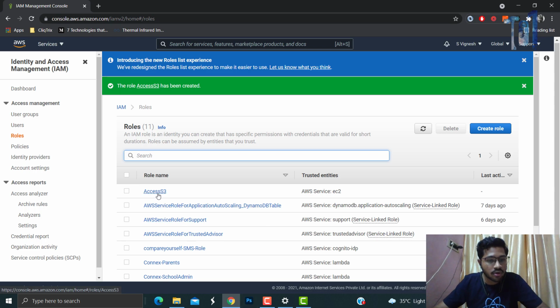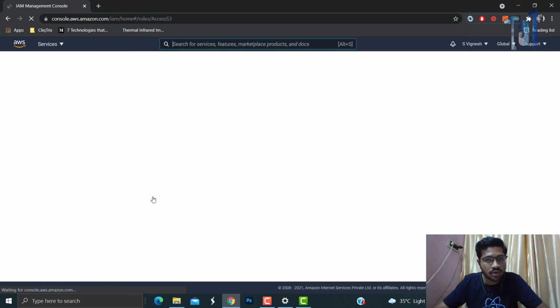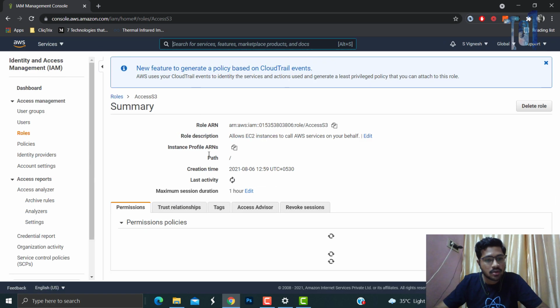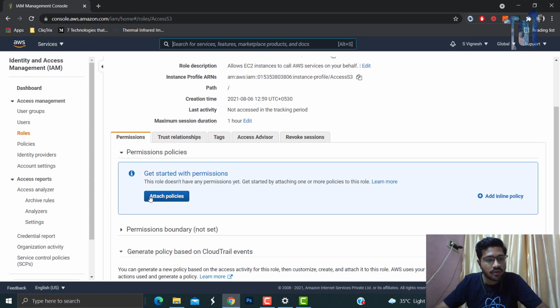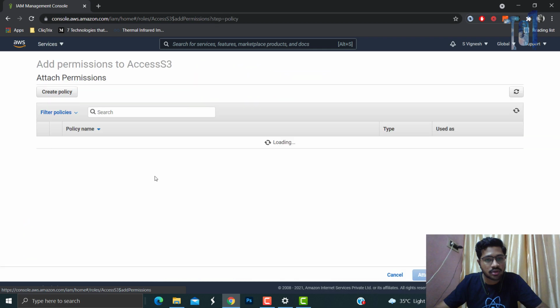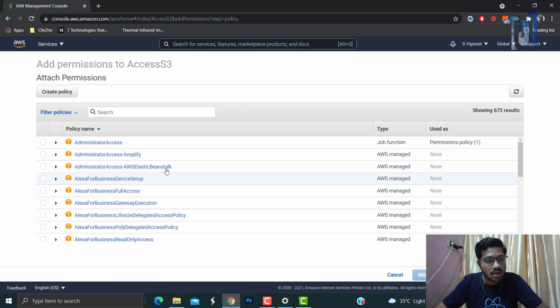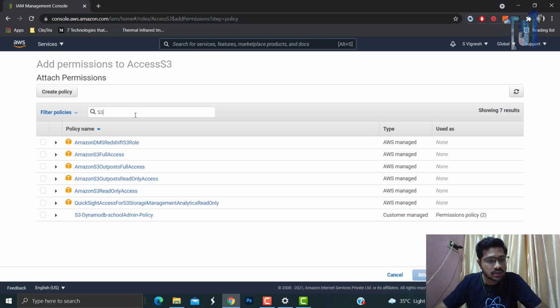So the role has been created. What we are going to do is click on this role name. So now what we have to do is click on this attach policies option. So in this policy, search for S3. See, Amazon S3 full access, you have to check this option.